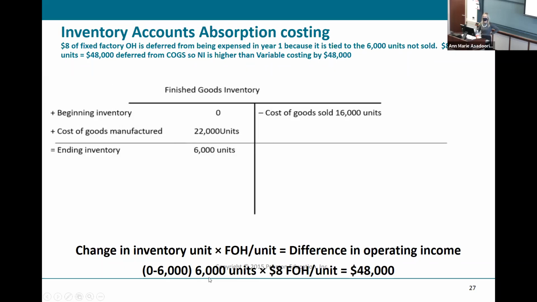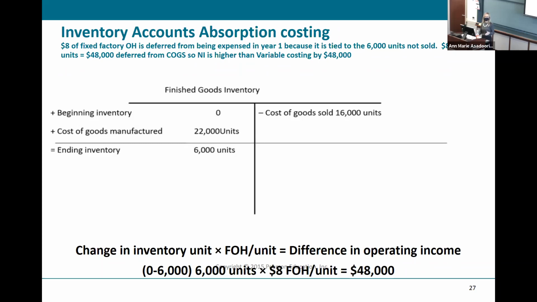Or you can think about it the way the chapter tells you. Look at the change in your inventory and multiply it by your fixed factory overhead. Just remember, when inventory is going up, you have produced more than what you sold. And so you know you're going to have a higher net income under absorption costing. Okay, is everybody good with this? So this is where we left off last class, but if you want me to review anything again,